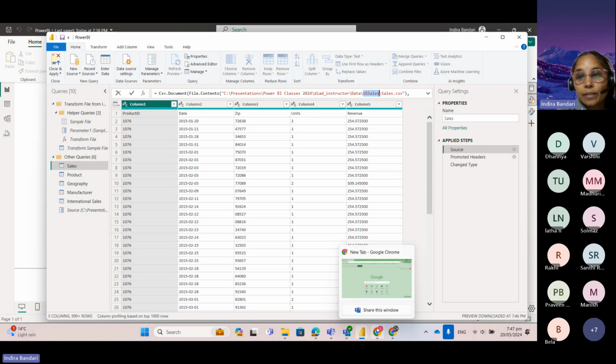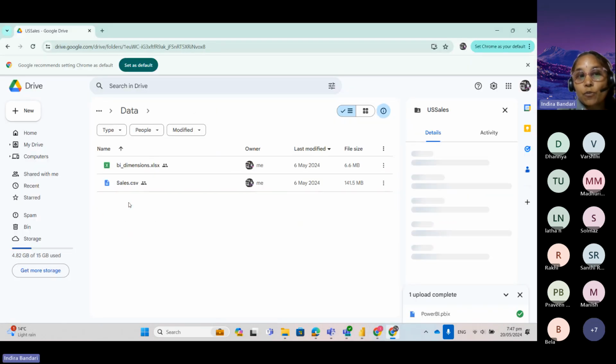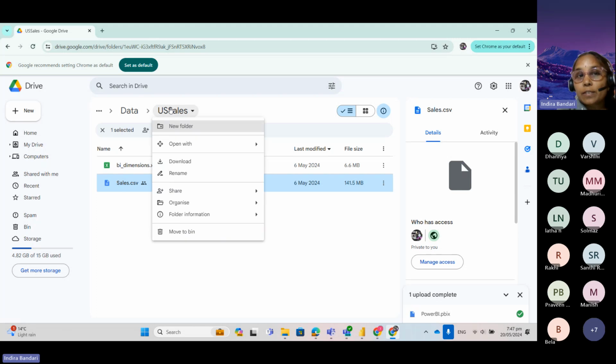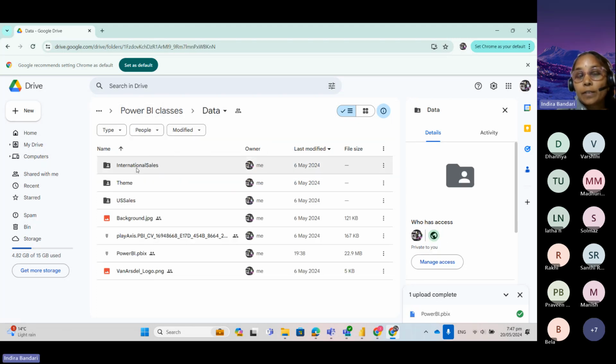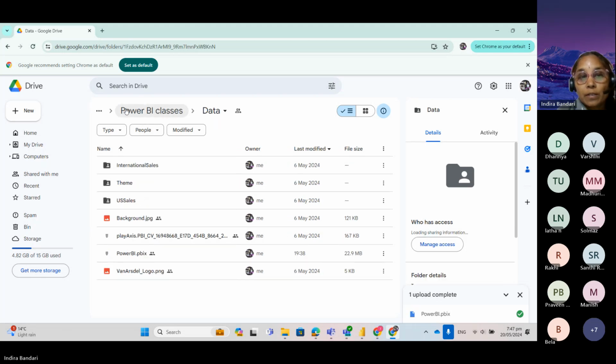When you look at the data here, in the US sales folder there is sales.csv, which we imported. So that means the sales table had US sales. And in the international sales folder, you have all these countries: Australia, Canada, Germany, Japan, Mexico, and Nigeria, right? So now